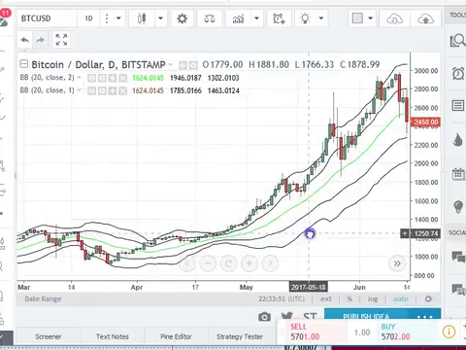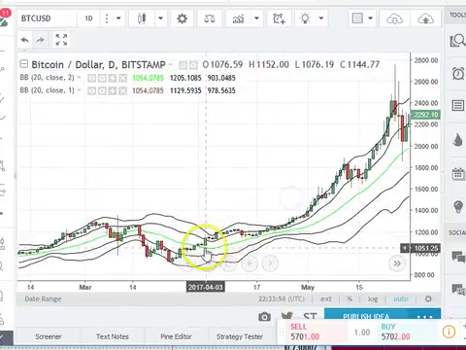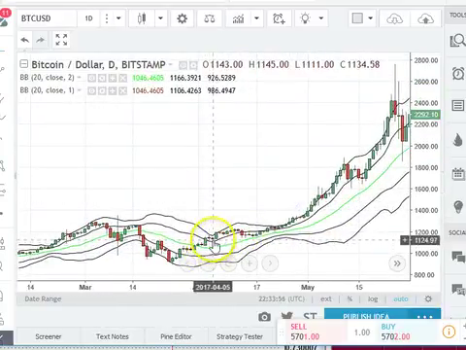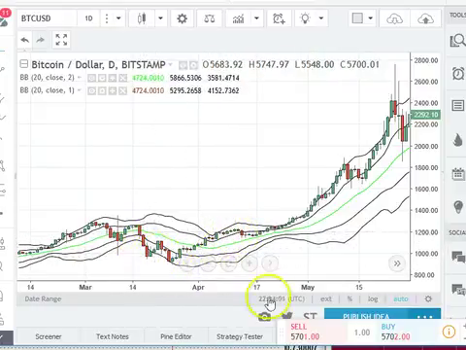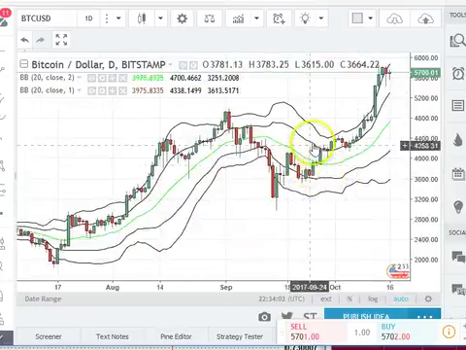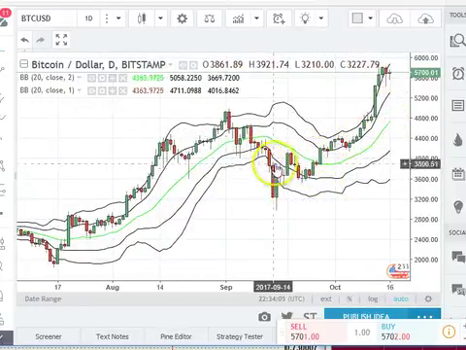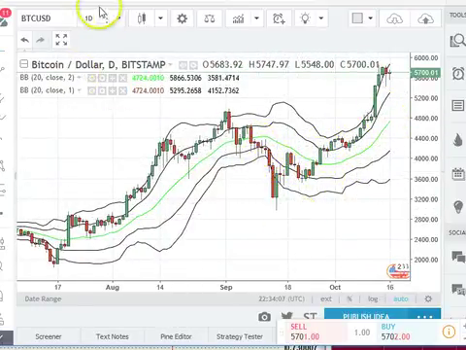Let's see if we have another example. We're going much further back here, but here's an example as well. This is also an example to the downside. And even in the recent trading, we saw plenty of examples of this in action. Now,